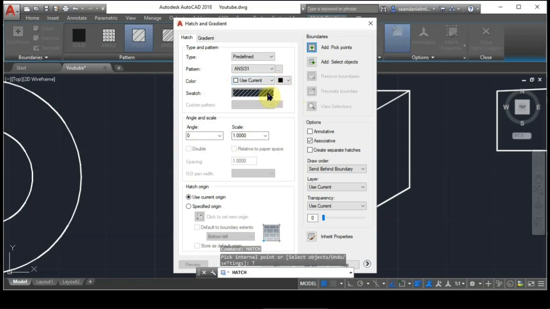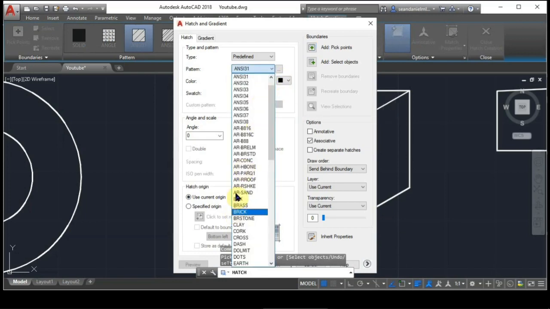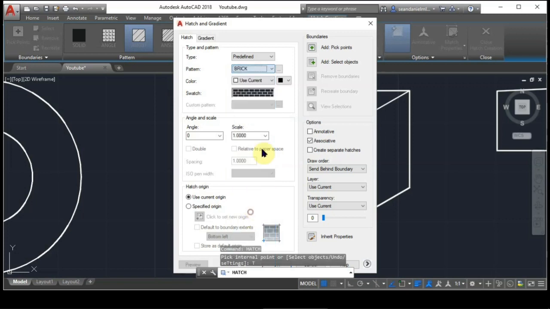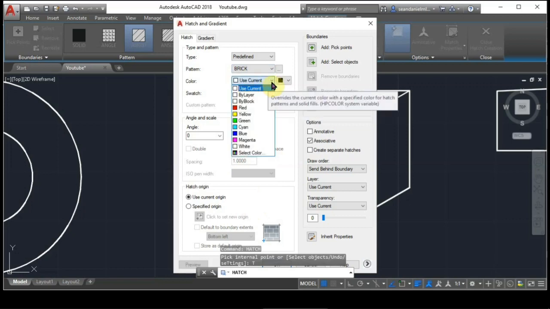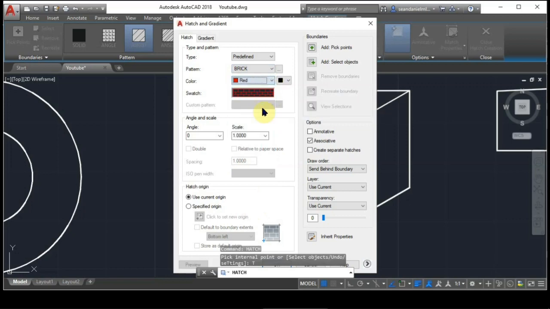Here you can change the pattern. There are many different patterns. Let's try brick. We can also change the color. Let's try red bricks. This angle applies to other types of patterns,